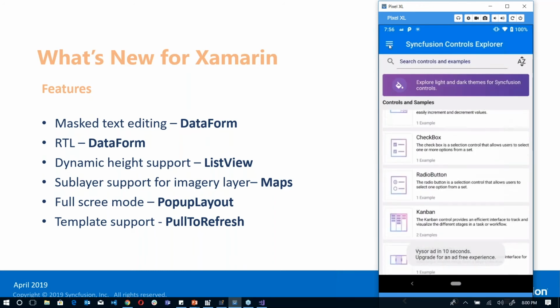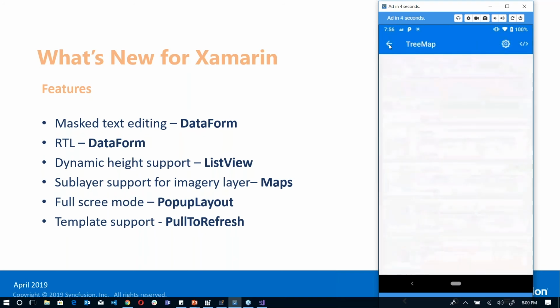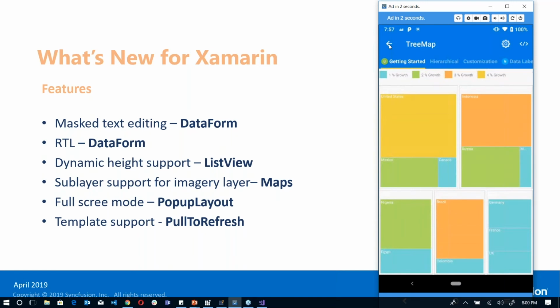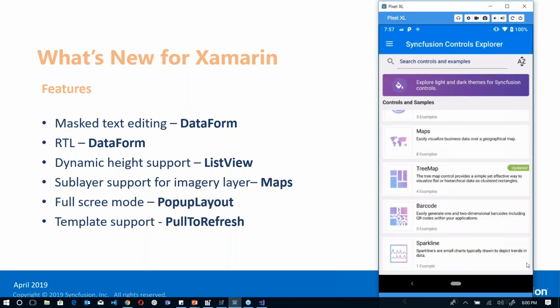So the next set of features that I would like to show you is from tree map. In tree map, we have given support for data label cropping. Here you can see that when the tiles are smaller and the text is bigger, all of it will be cropped, and you will have an intelligent view here. Earlier we didn't have any tooltip support, so now we have tooltip support, so that even the smallest tile can be viewed, and you can see all the data in a tooltip. So this is a feature that we have given